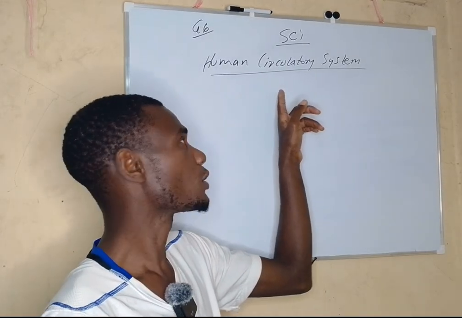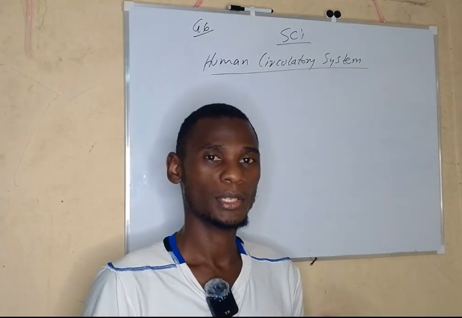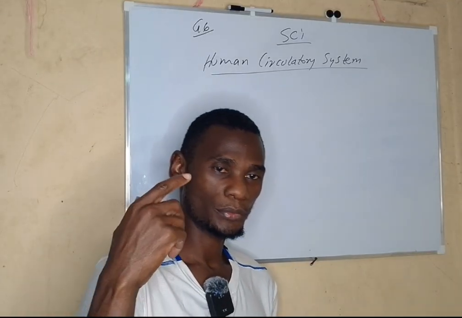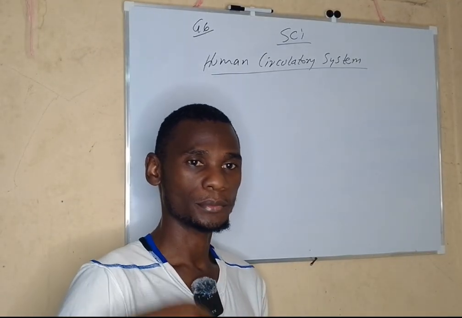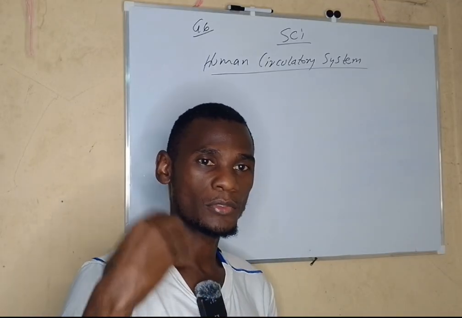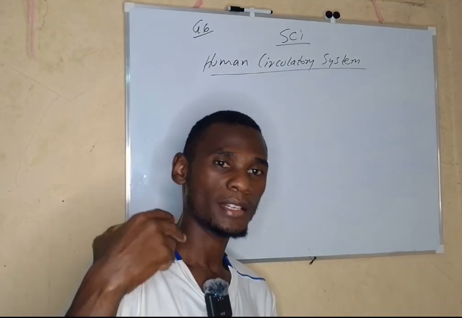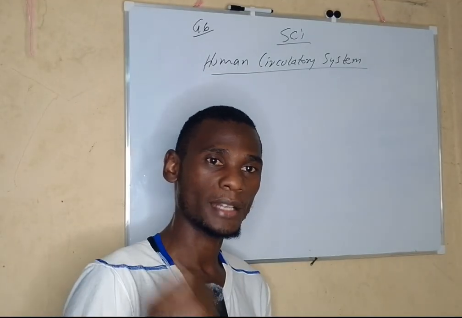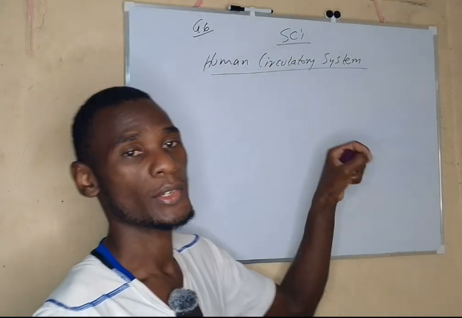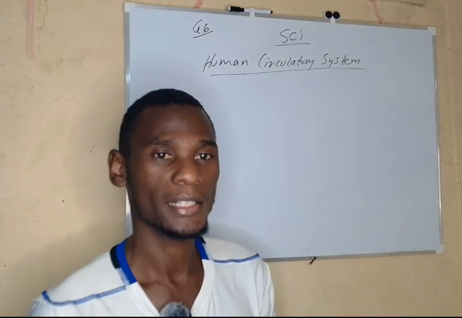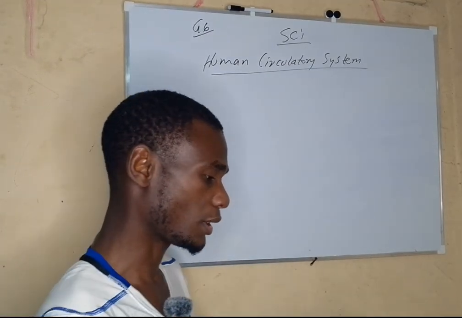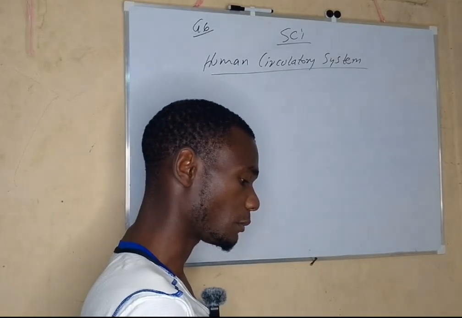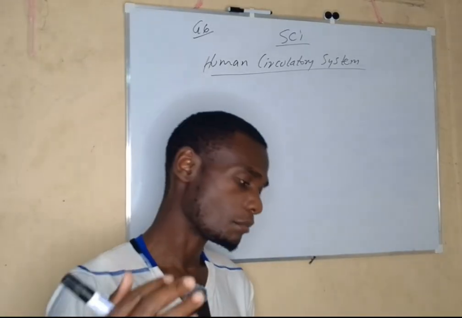Circulatory system. What circulates in our body is majorly the blood. So the blood moves in our bodies throughout the body. That movement from this part to this part, back to this part, to that part again, back to that part, that is what is called circulatory system. The movement of blood in our body is what is called circulatory system. So the circulatory system helps in the movement of blood in the human body.